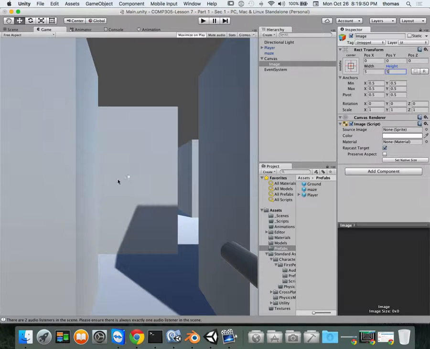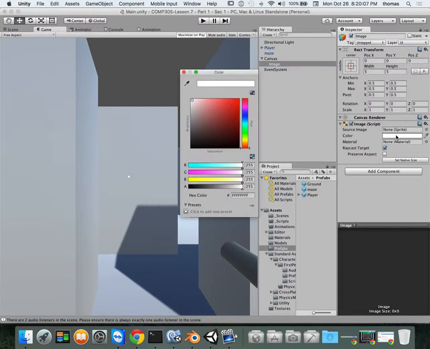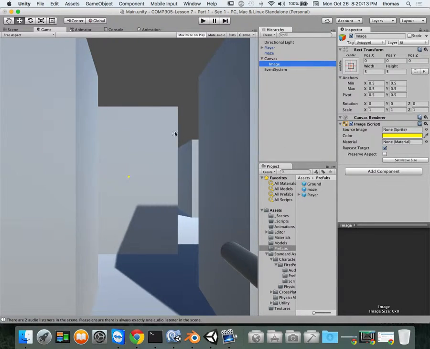Okay? Now this dot is going to hang out all the time. It's just like an aiming place. It's silly, but it's going to follow our player around. It's almost like a HUD. It's part of our heads-up display. It's a little dot, right? Okay, let's change the color because it's pretty boring, right, of our image. We'll make the color yellow. So we're going to go yellow, a yellow color, right? And there it is. Now if I play the game,